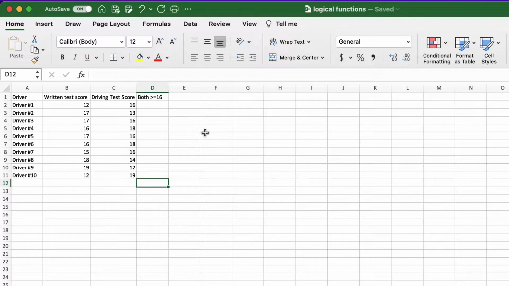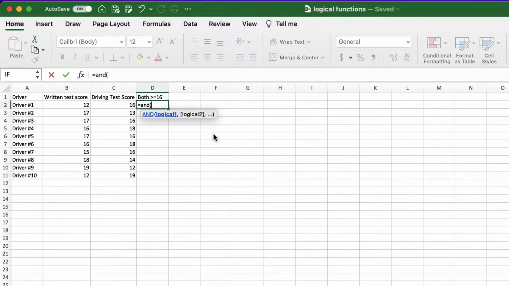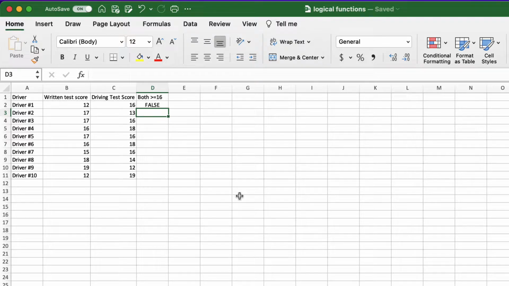Let's select cell D2, equal sign, function AND, open a parenthesis, and select cell B2, type greater than or equal to 16, comma, select cell C2, greater than or equal to 16, close the parenthesis, and press enter.